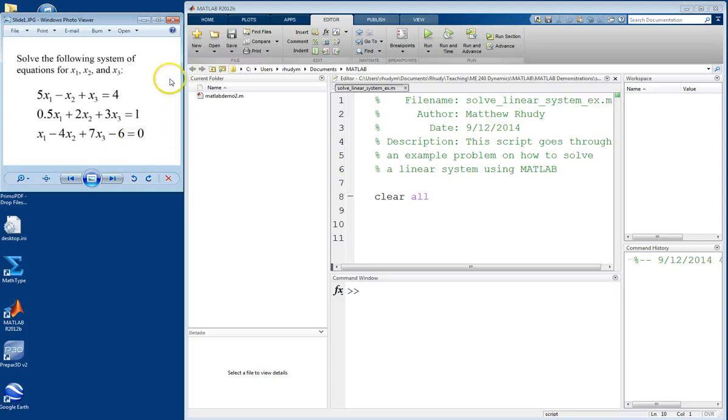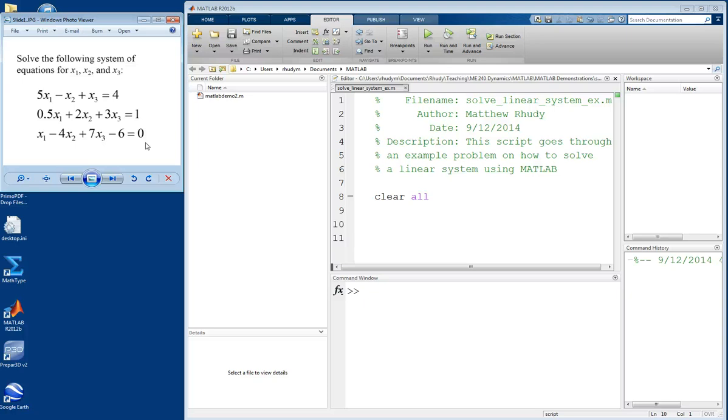So keep in mind this is a system of three equations with three unknowns, x1, x2, x3, but depending on your application that could be any number of things. Those could be different forces, accelerations, or whatever the unknowns are in your problem. But if you can get it into this mathematical structure, you can use this technique to solve. So for this type of equation, like I said, there's three equations and three unknowns, so we should be able